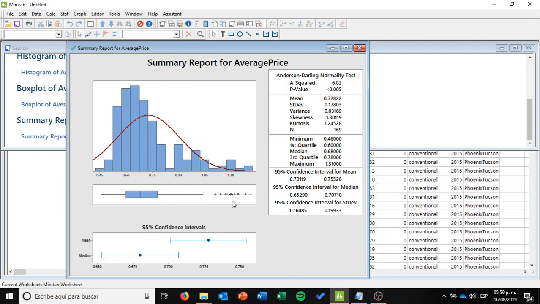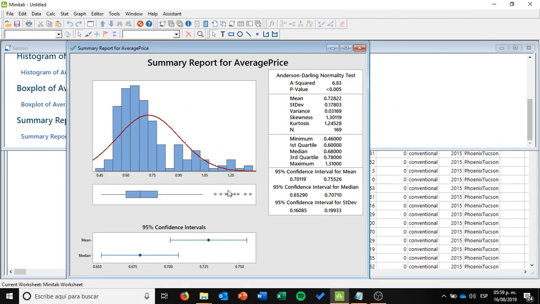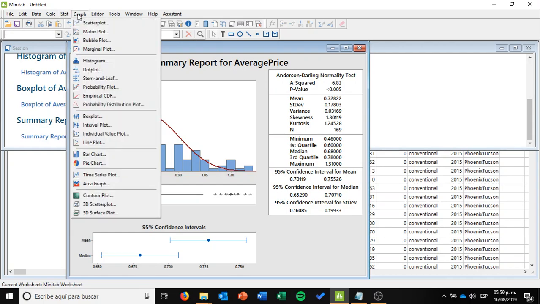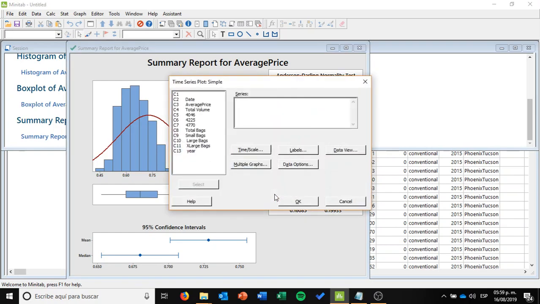So the first question that may arise is, when did these prices happen? Are they related with the Avocadopocalypse of 2017? Let's find it out. In order to find it out, the first thing that I'm going to do is go to graph, and I'm going to graph the time series plot of Phoenix, just of Phoenix. It's a simple time series plot. I press OK. The series I want to analyze is the average price,